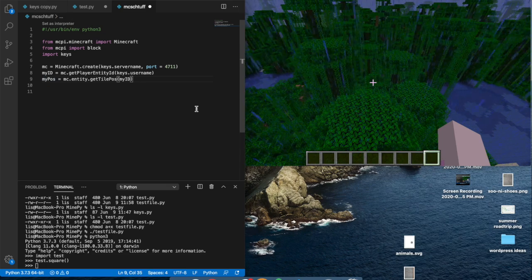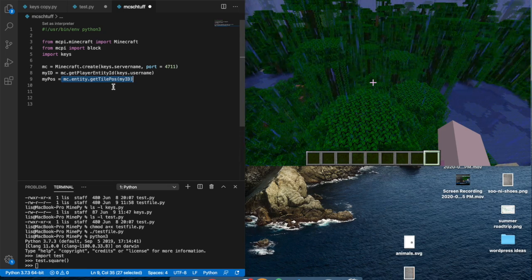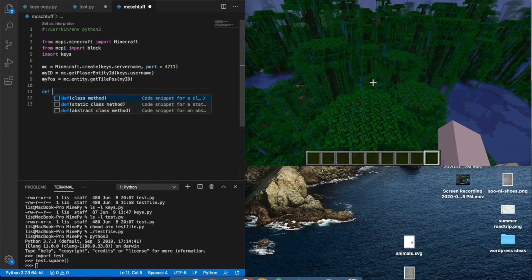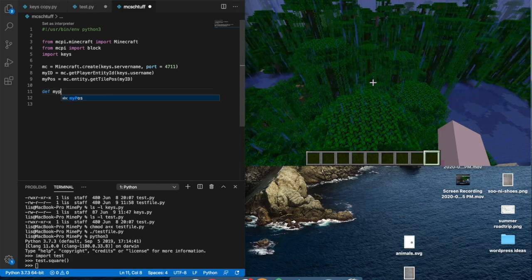But what I am going to do as a temporary tool is, instead of getting my position once at the beginning of when I run the file, I actually want to be able to have that be a callable function. So I can say as part of another function, hey, what's my position? And just get back my position. Now technically that right here is what this is, but this is a little bit cumbersome to type out every single time. So I'm going to simplify that by just having a definition, which is a function, my position,